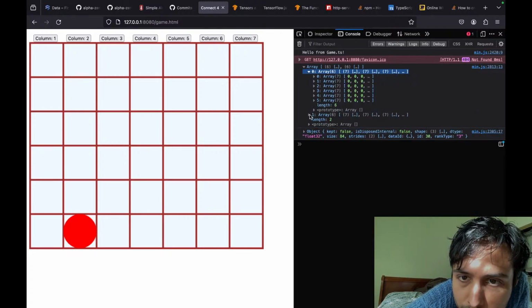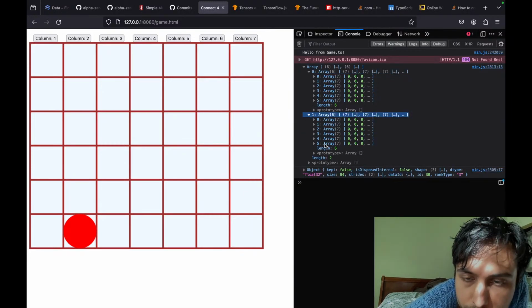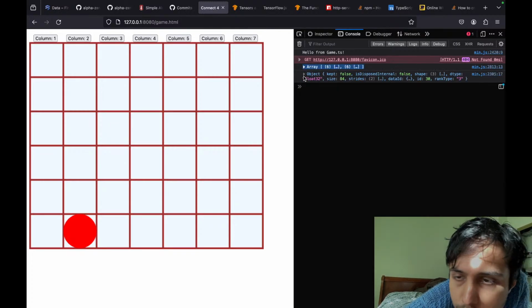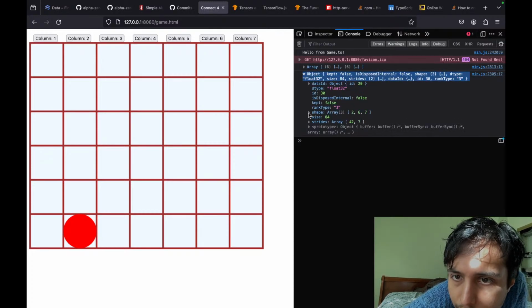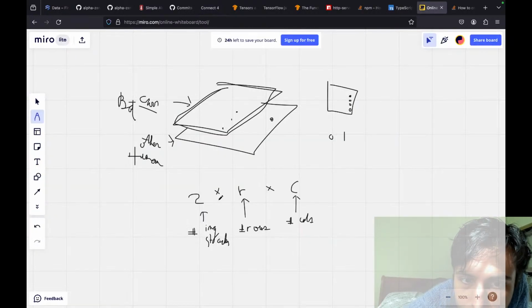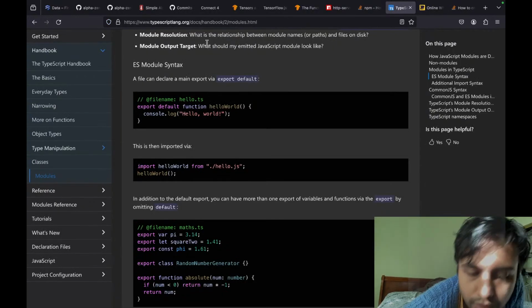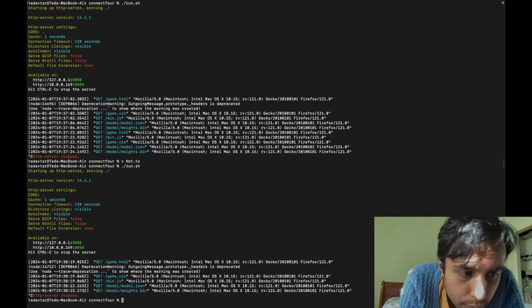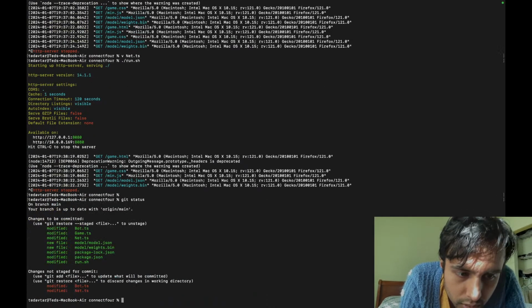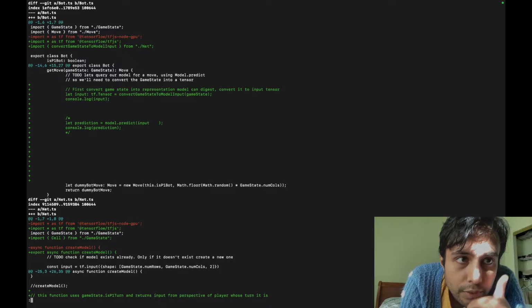And that's the current player. And then we have another one because it's an image stack. This first one is a top stack and this one is a bottom stack. Perfect. And then what's our shape here? This is a tensor, which we're console.logging. It is 2 by 6 by 7, right? 2 by 6 by 7, which is precisely what we want here. Okay, that's looking really good. That is very nice. Everything is going according to plan. Get status, clear, get diff.